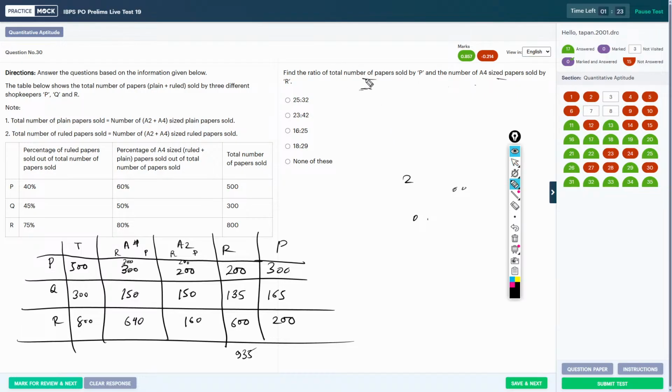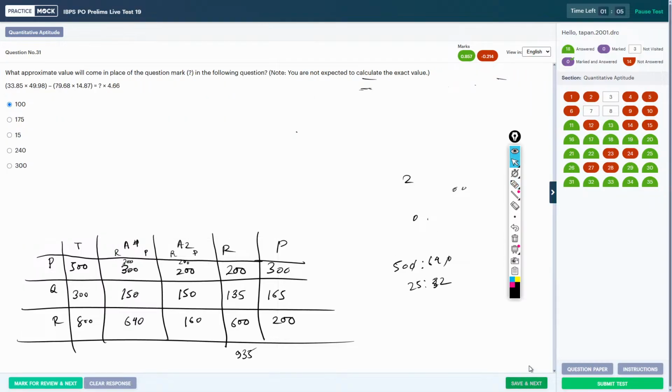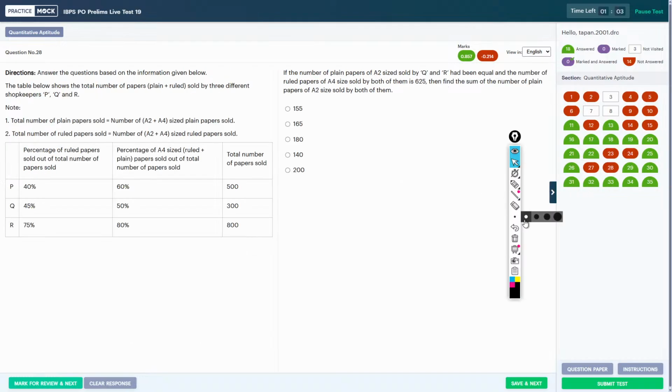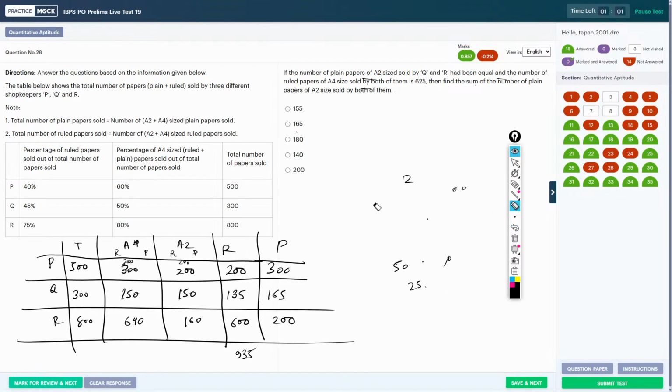Find the number of papers sold by P and A4 sold by total number of paper by P and A4 by R. 640, 225, 232. Ratio 32. Okay, number of plain equal. Okay,